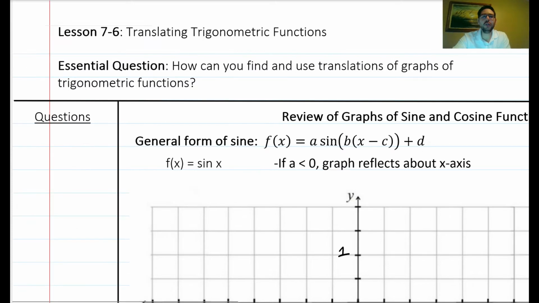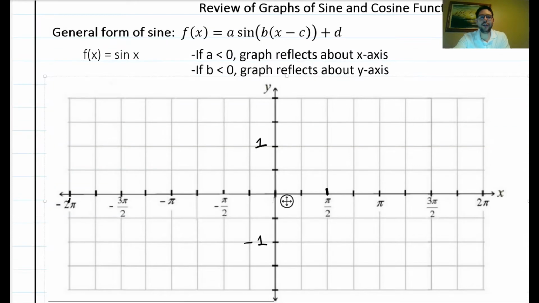Okay, so the a could be negative, but remember, if the a is negative, that means it's a reflection about the x-axis. And like I said earlier, the b could also be negative. If that were the case, it would reflect about the y-axis. Okay, so what we're going to do is quickly graph the sine and cosine just to kind